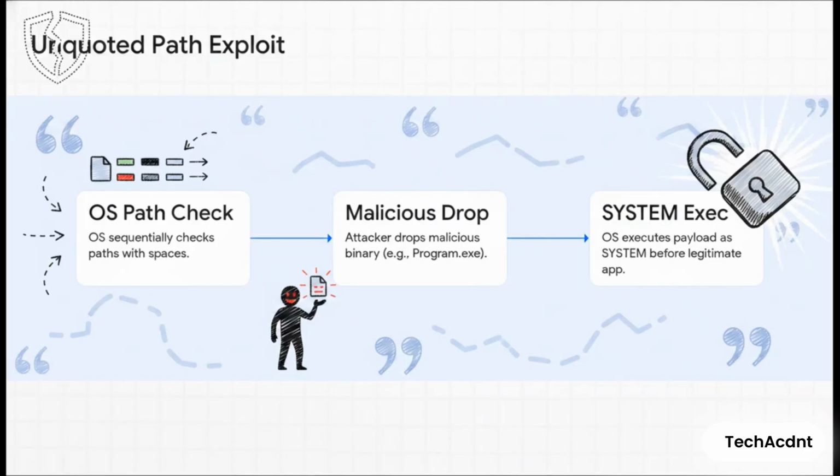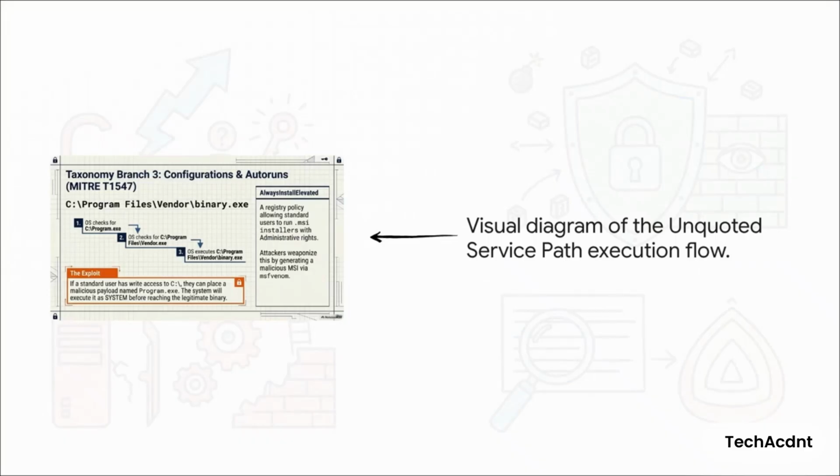Let's walk through the mechanics of another classic structural flaw, the unquoted service path. This is fascinating. Think about how a simple space in a file path without quotation marks totally tricks Windows. Because of how the operating system parses paths, it checks for executables sequentially at literally every space it encounters. So, if you have a service path like c:/program files/vendor/binary.exe, but without quotes, the OS stops at the first space and looks for